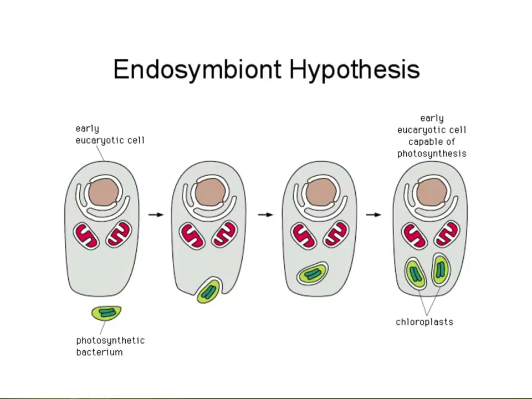Now here we can see it gobbling up little blue-green algae, or little photosynthesizing prokaryotes. And in the previous theory, that's how we would have got animal cells, but here's how we would have got plant cells. Now this guy gets even more of an advantage, because not only can he use oxygen to burn energy more efficiently, he can use these little bacteria, the cyanobacteria, the photosynthesizing bacteria, to make his own food and use oxygen to produce a lot more energy. And so this is how we would have ended up with algae and plant cells. Go ahead and move on to the next slide when you are ready.